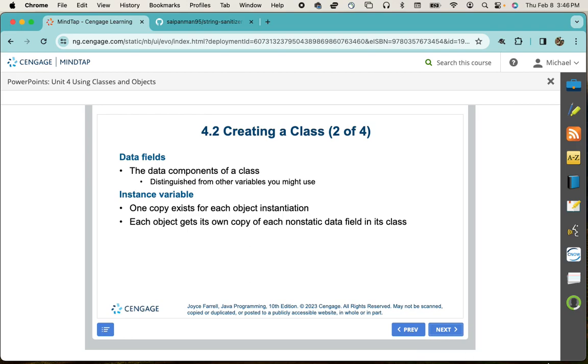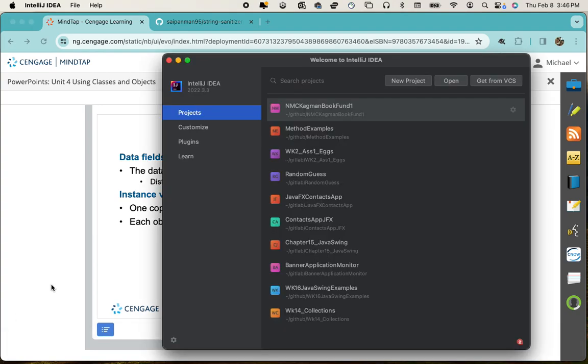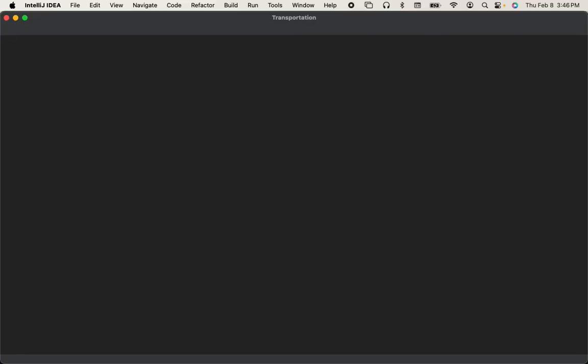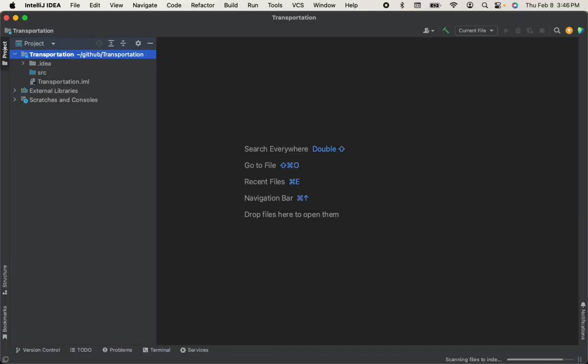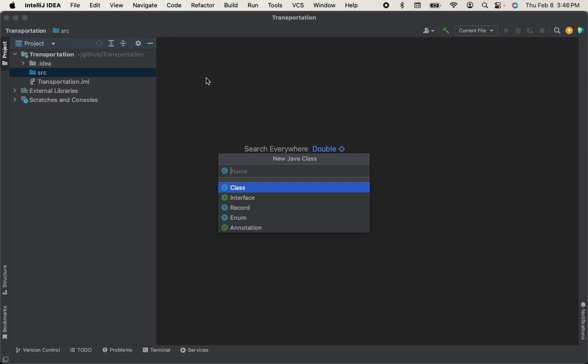IntelliJ. And what we're going to do is we'll create a new project, and we'll call this transportation. Just made that up off the top of my head. All right, transportation. So I've got a simple class that I've created. Okay, it's called transportation. And inside of it, I'm going to create a new class. And let's call this class,